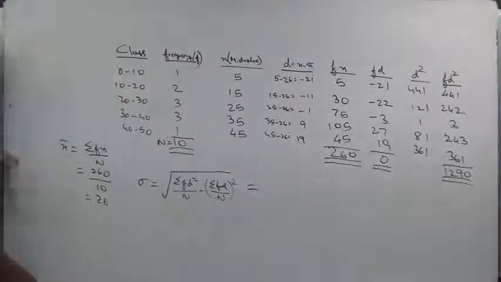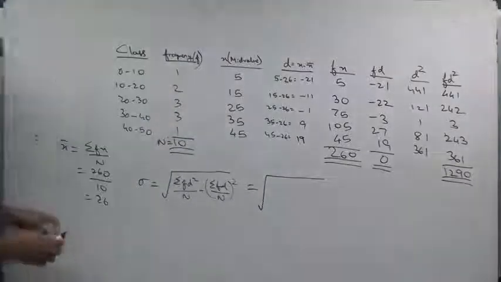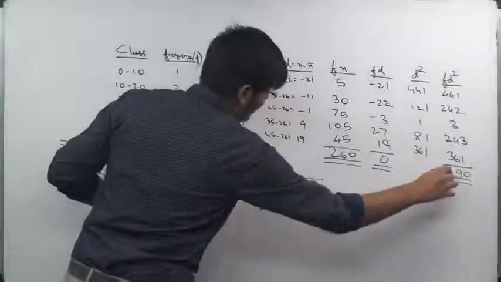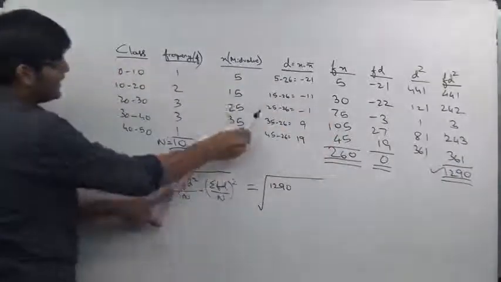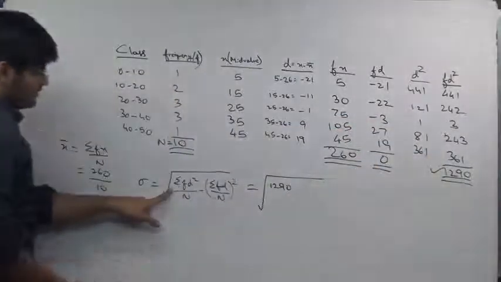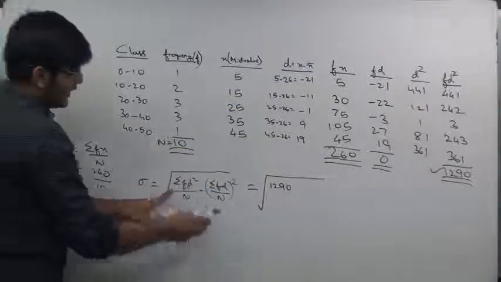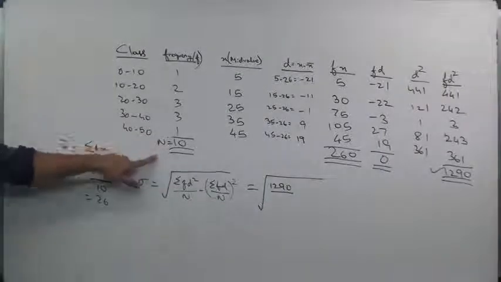Let's put it in the formula. So summation fd square is this 1290. So first d nikale, d square, fd square. Total of fd square, summation fd square 1290 divided by, what is capital N? Total frequency, that is 10,